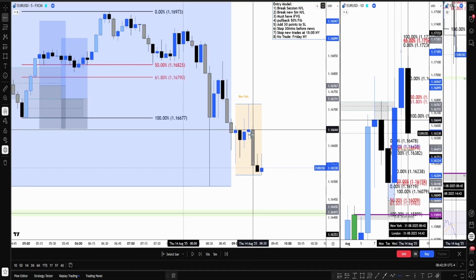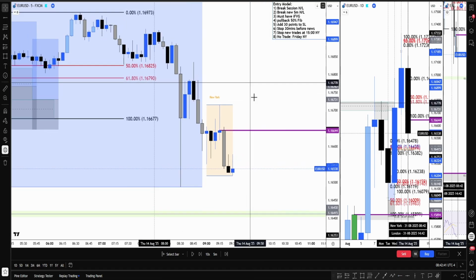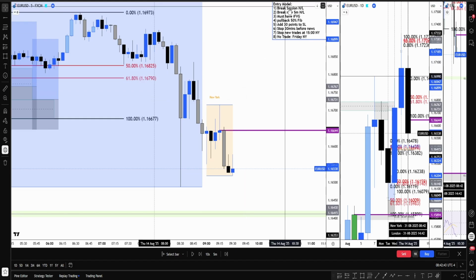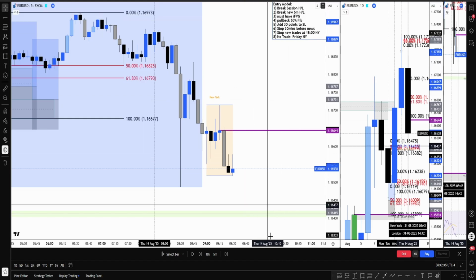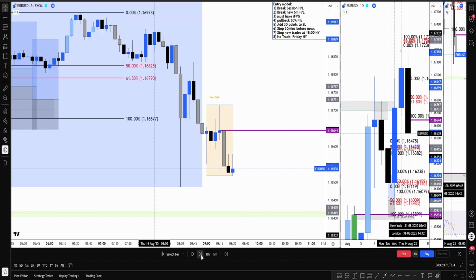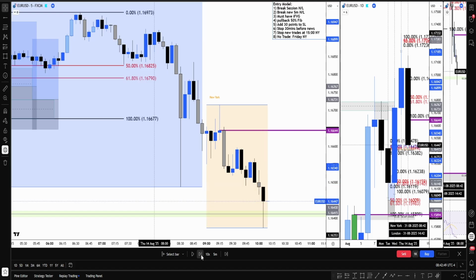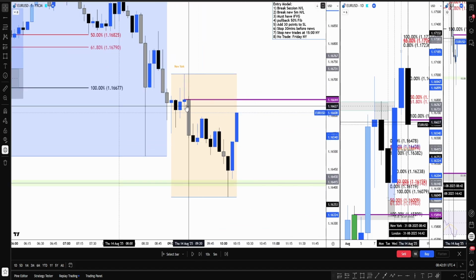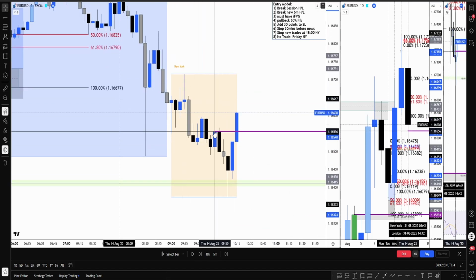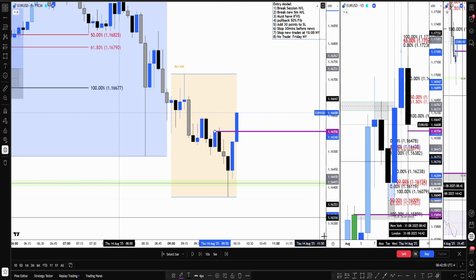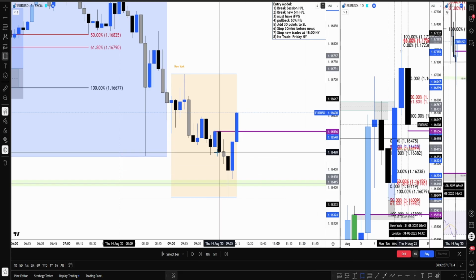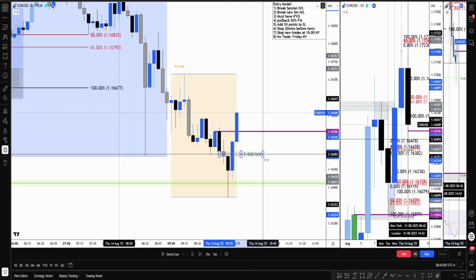So what are we waiting for now? We are waiting for a close above that level, because we have a fair value gap, then it will turn into an inverted fair value gap once it does that. So let's wait. Okay, there we go. You see, there we have a new high there. There's a new fair value gap there. You can clearly see it right there.